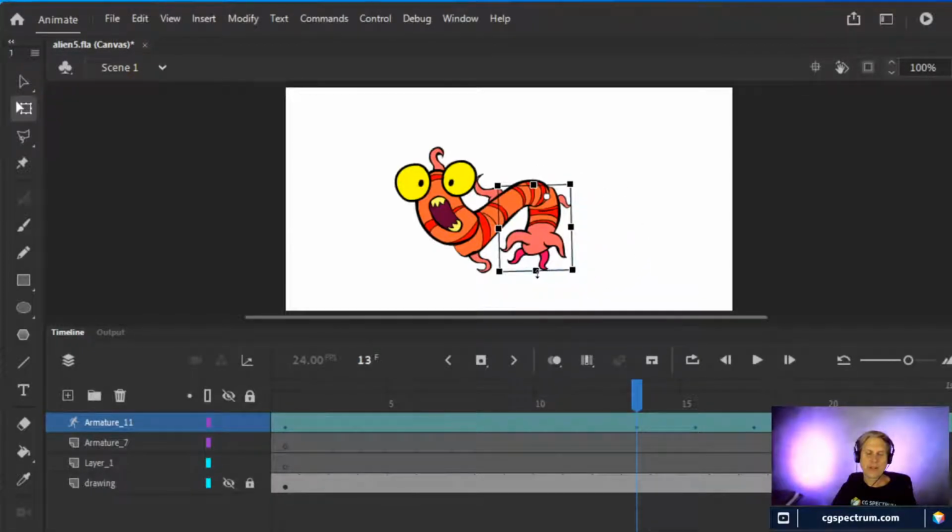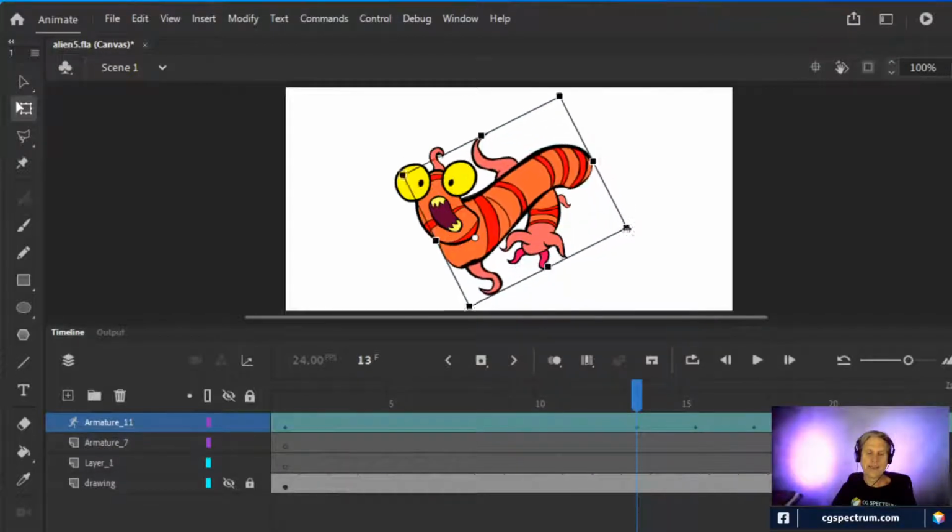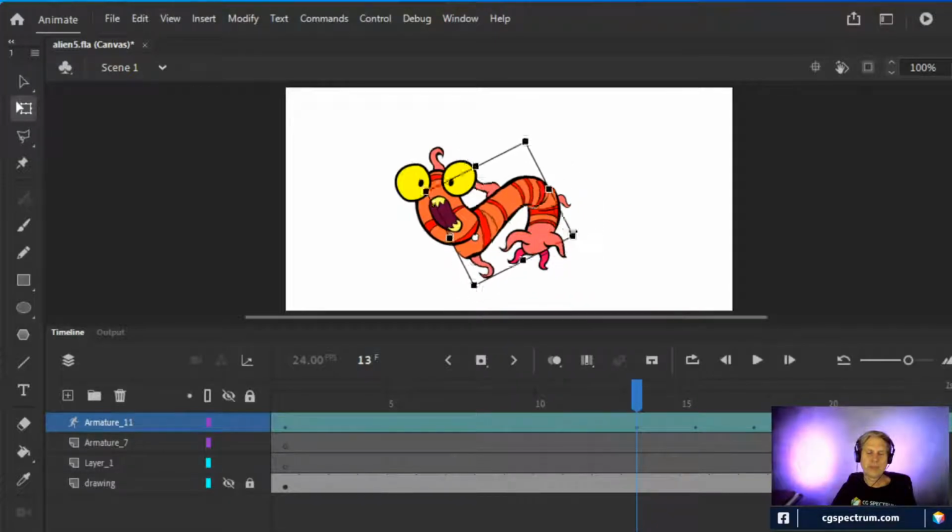In theory, I could probably animate this so that it squashes and stretches a little bit, and that might make it look more disgusting and fun. But that would require keyframing certain parts of it. And same thing with the top part. You could, in theory, animate this moving around and getting all squishy and stretchy. And that's a little bit more what I would probably do in Toon Boom. But for my purposes here, it works really well to just have a bone set up.